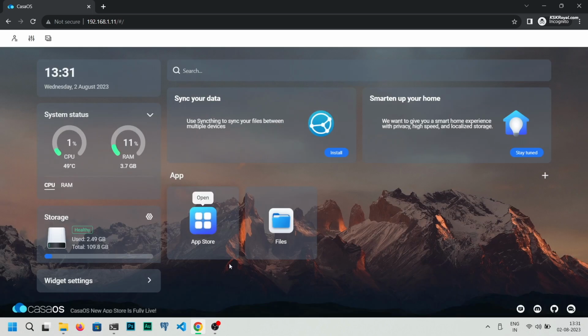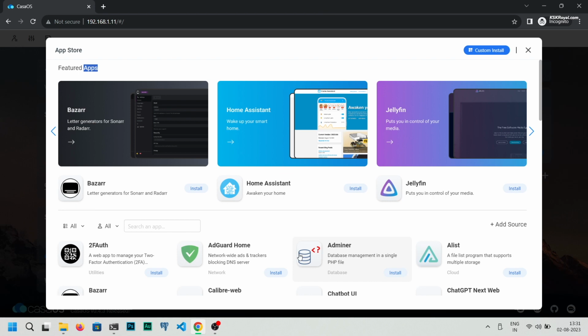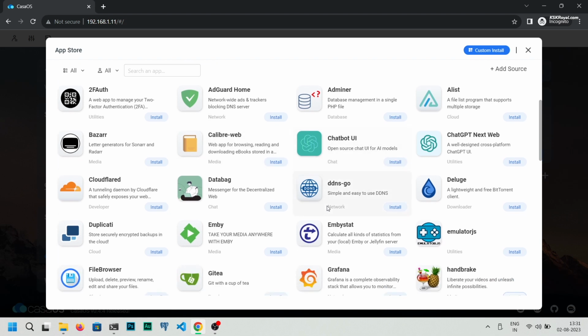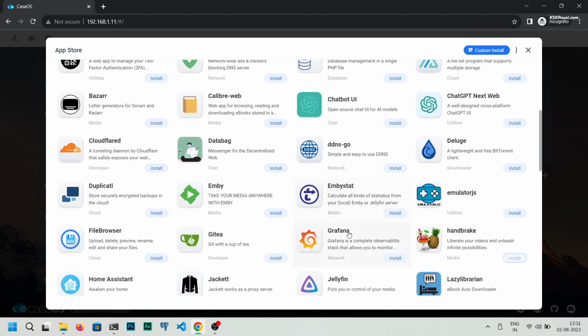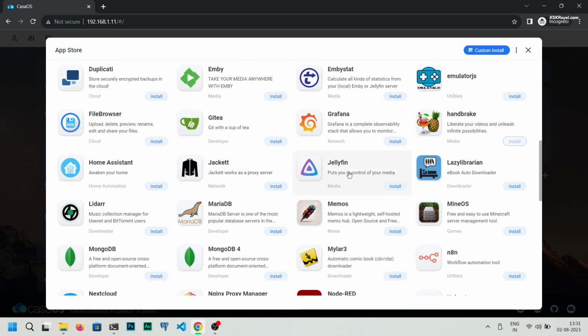Now let's proceed and install some applications. In CasaOS, apps are referred to as Docker images. These are a curated selection of Docker images or applications that you can quickly install to run various app services. For example, let's set up the Jellyfin server.